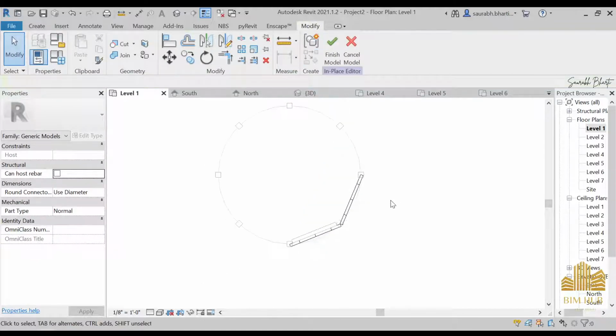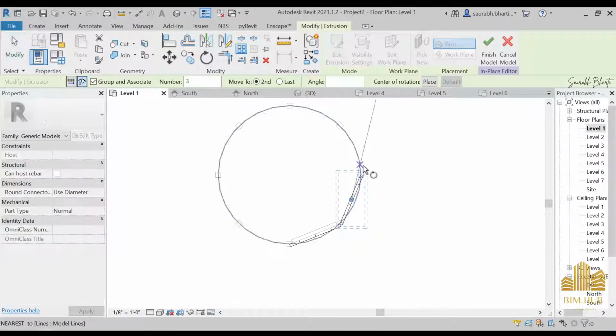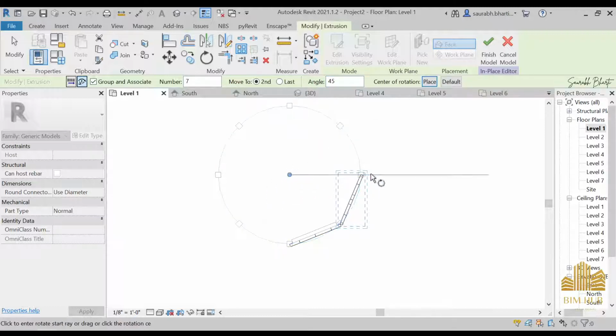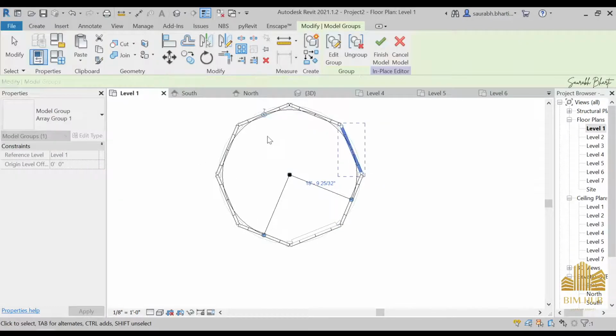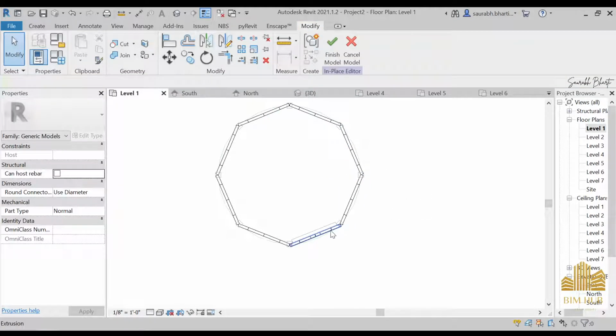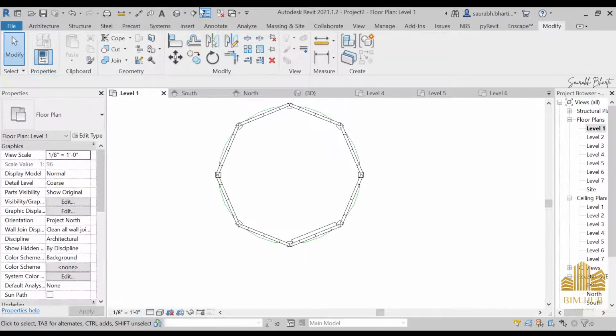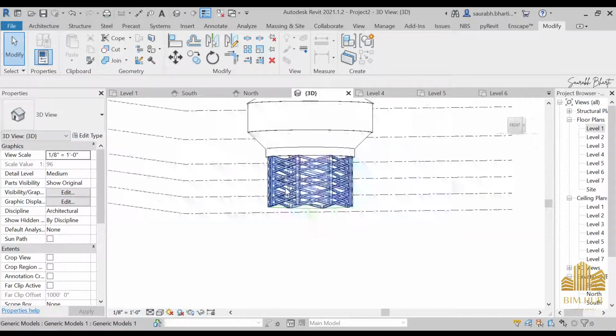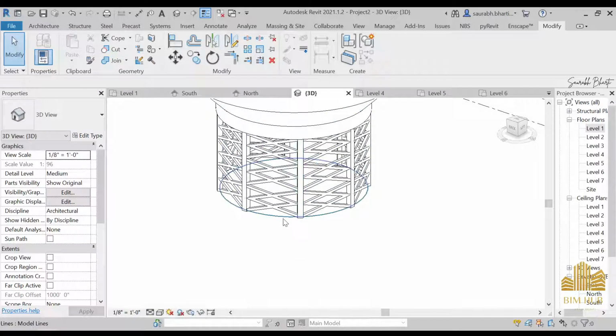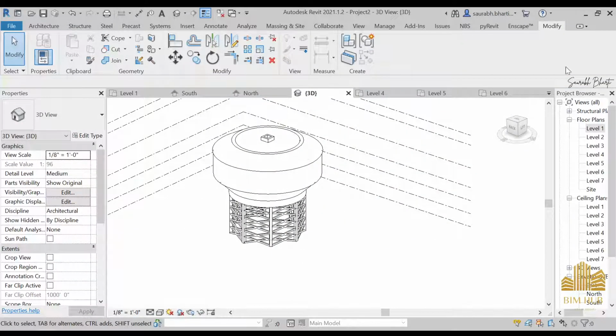Okay, so we are going to do the same array thing. Just go to this array, then we need 7 out from here, and then 45-degree, place it from the middle here till here, and now you can see that Revit has placed this finally, and now it looks fine. Then just finish the model. So it was not my fault, I don't know why it was doing so. As you can see, we have something like this on all sides of this, and after this you can just delete this model line,